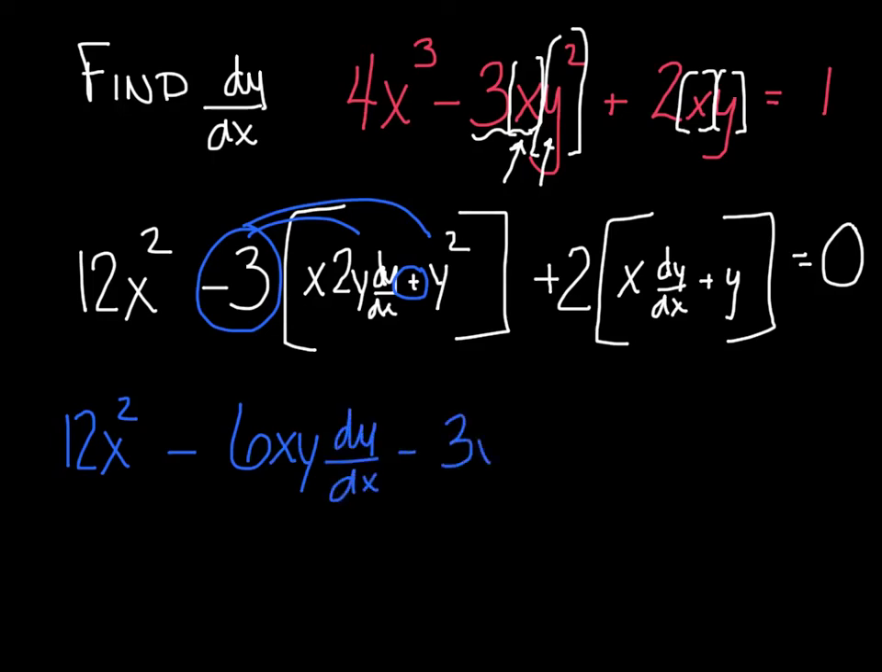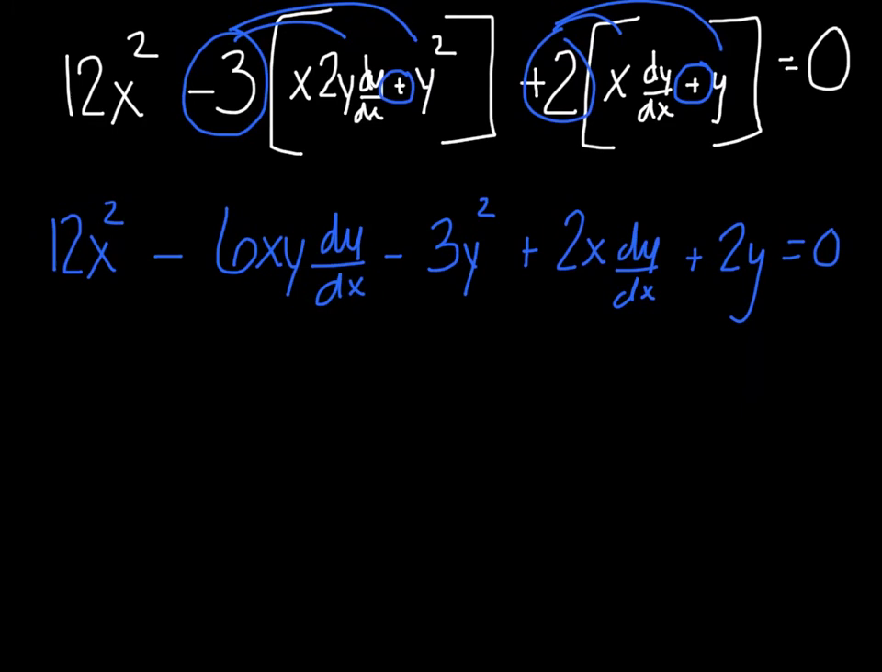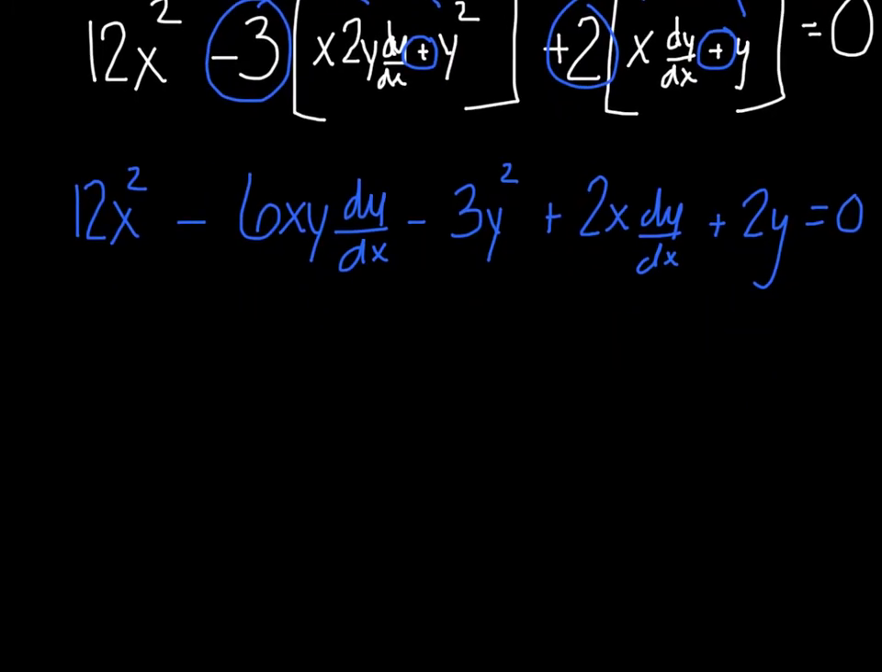minus 3y squared. And again, I have a plus sign in here, so I'm going to distribute this 2 through. So I'm going to get plus 2x dy/dx plus 2y equals 0. And again, just some algebra. I'm going to leave anybody with a dy/dx on one side and anybody else to the other side. So I'm going to say this is minus 6xy dy/dx plus 2x dy/dx